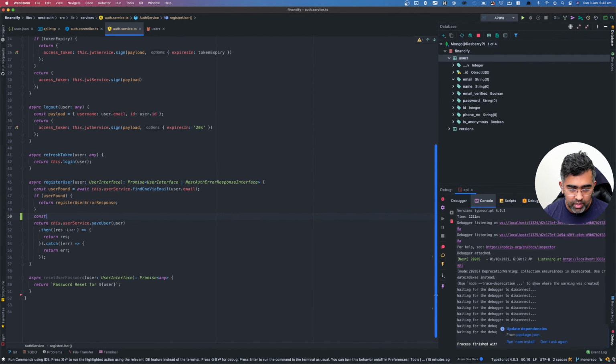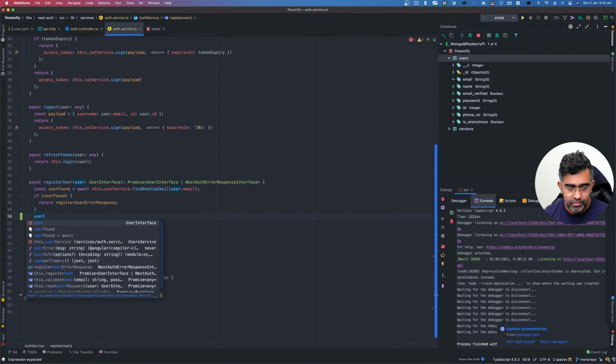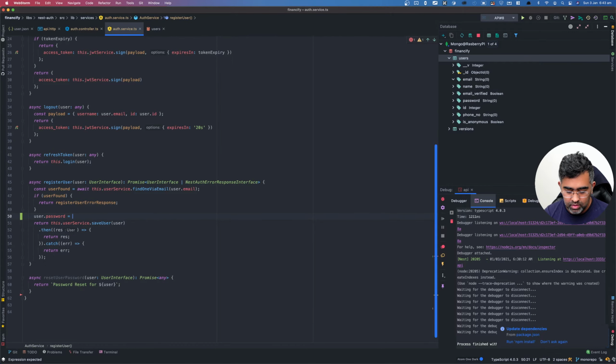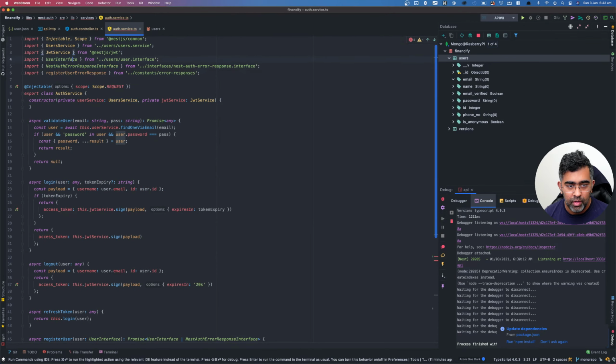So I'm going to use user equal to... let me try this. So I'll do user dot password equal to, and then on the top I'm just going to